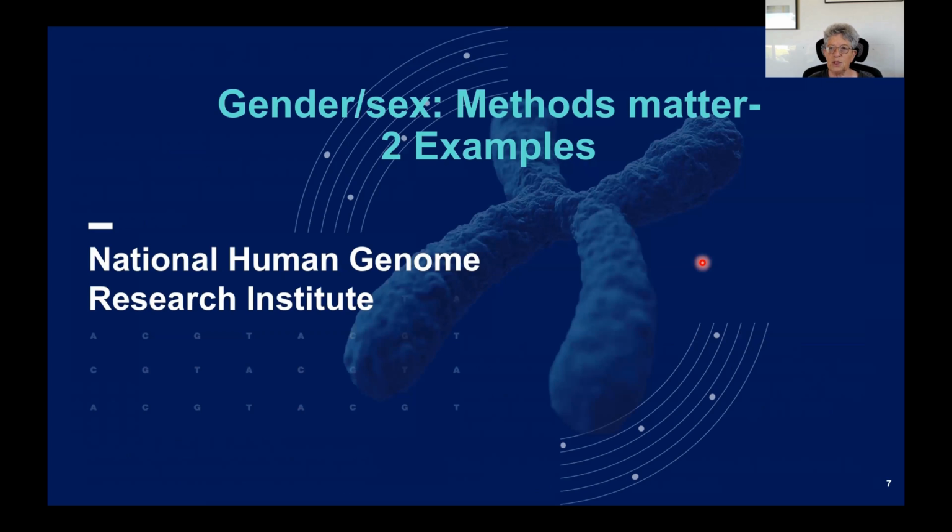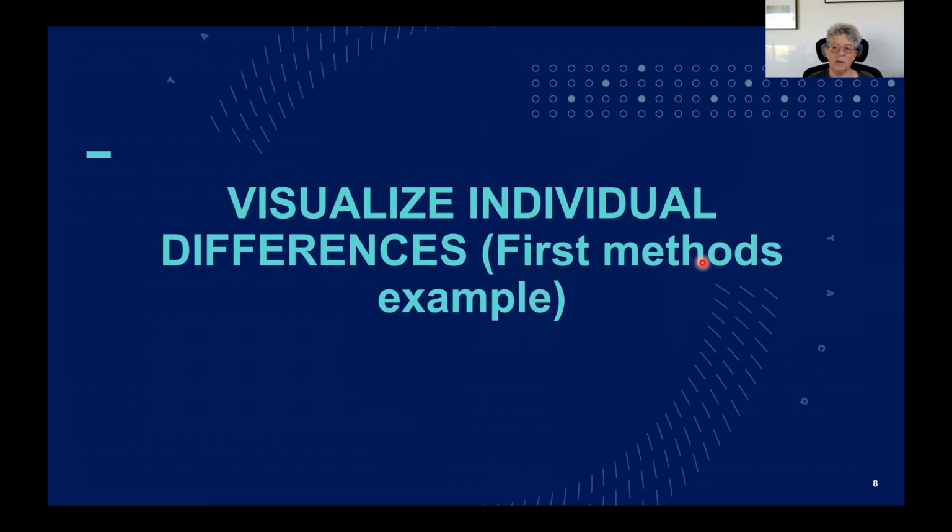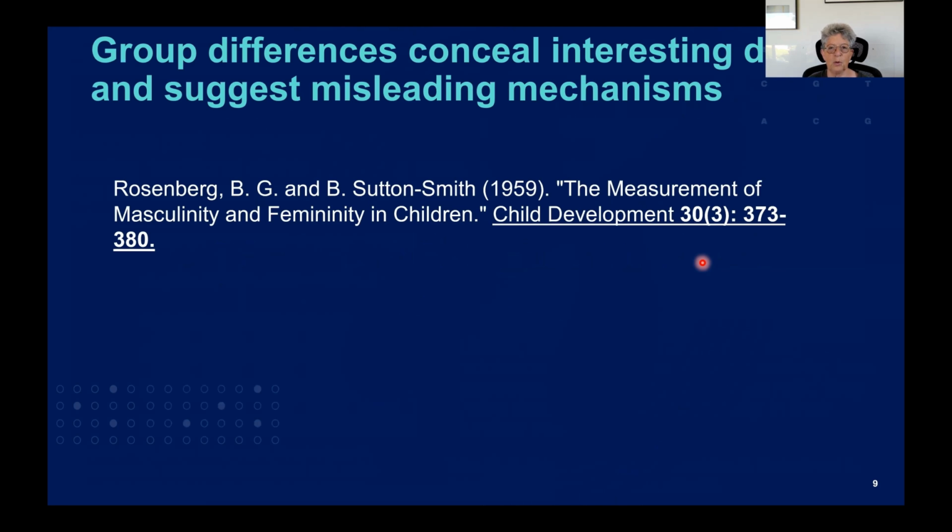Second point I want to make about gender sex: for looking at it, methods matter, and I'll give you again two examples. First, when doing this work, let's visualize individual differences. This can be very important and lead us in different thought directions than looking just at group differences. Group differences can conceal interesting data and suggest misleading mechanisms. The study I'm going to tell you about is by Rosenberg and Sutton-Smith,